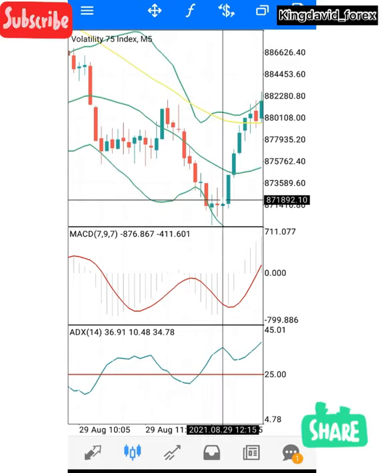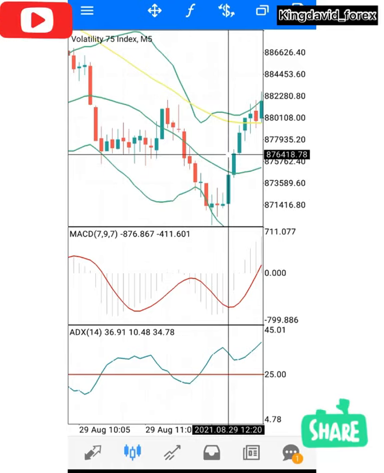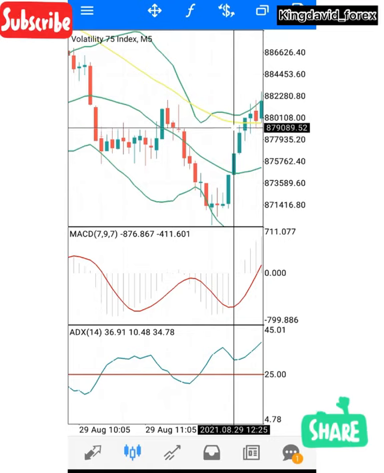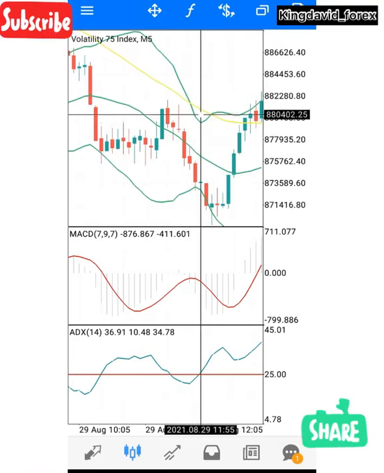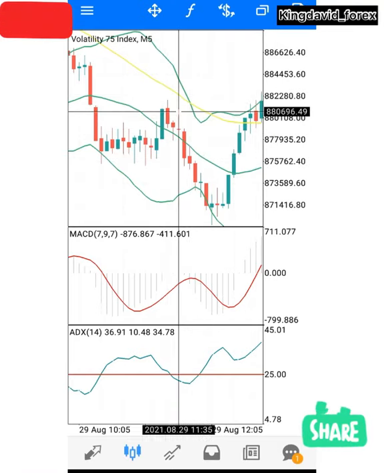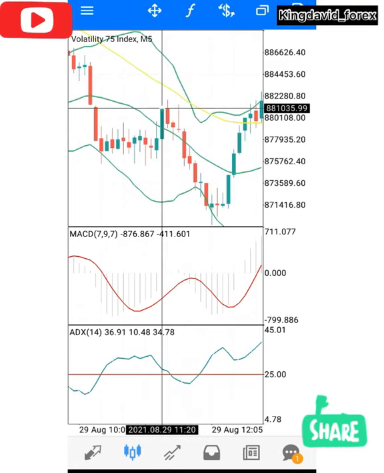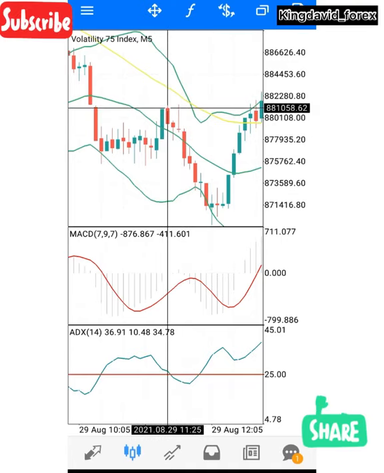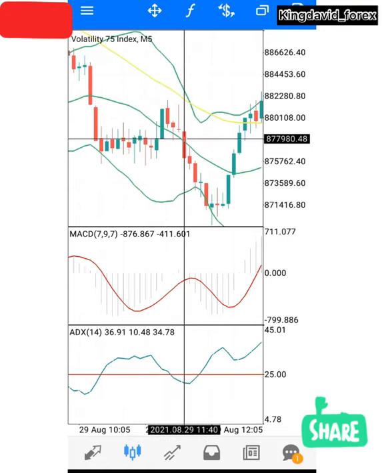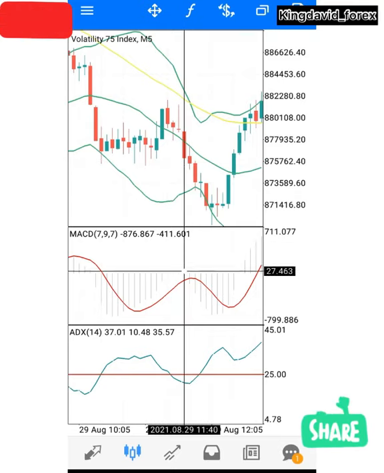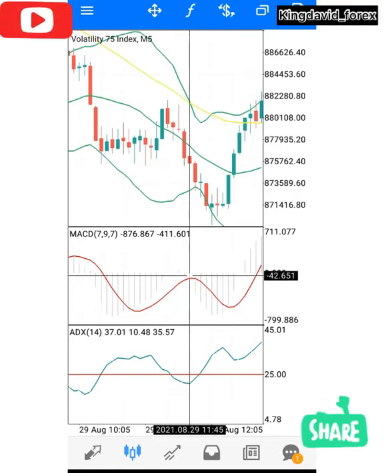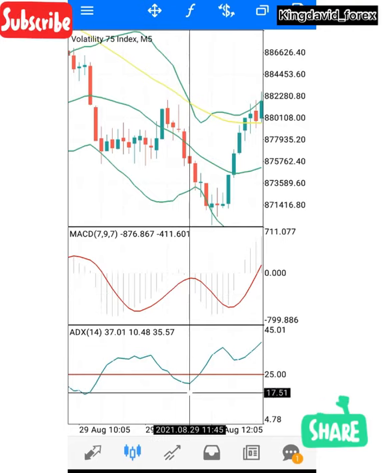As you can see from here, it starts going up back. So if you don't lock your profit, you'll be in loss again. Okay, so the first condition is this moving average 48, this yellow line. If it is trending below it, it is a sell condition. Not just that condition, the second condition is that it must have crossed this middle Bollinger band, then you start selling from the next candle. Then make sure that your MACD is facing downward and your ADX is not below